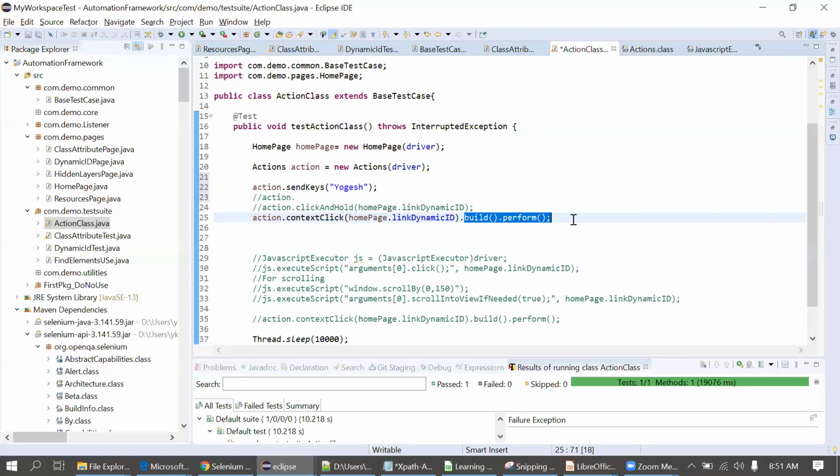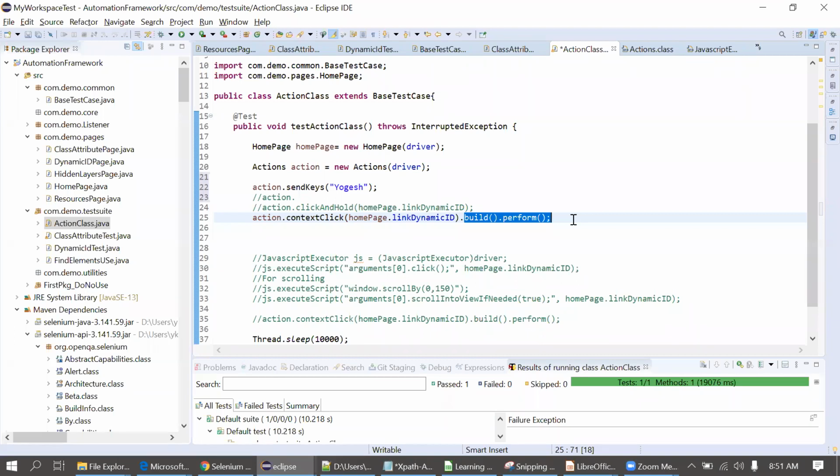This is the difference. But always give the first preference to the WebDriver methods, and if it is not working, check manually whether it works manually. Then only go for the Actions class. Otherwise, raise the defect. In some cases, the normal WebDriver is not working and manual also does not work, but by Actions class it works. In that case, we might miss the defect. So don't always use the Actions class. It is not recommended. But if you are able to do the action manually, but it's not working through WebDriver, then go for the Actions class.